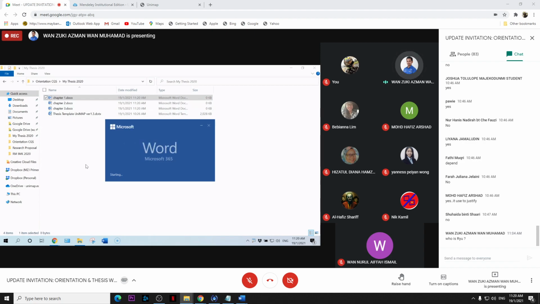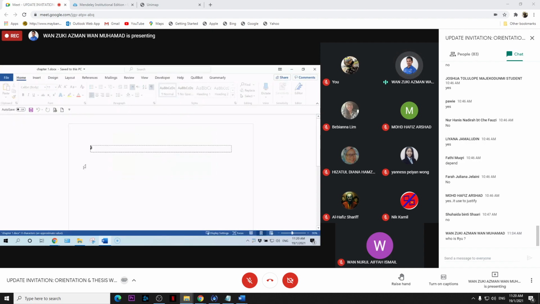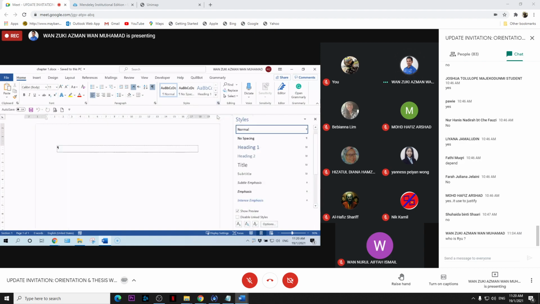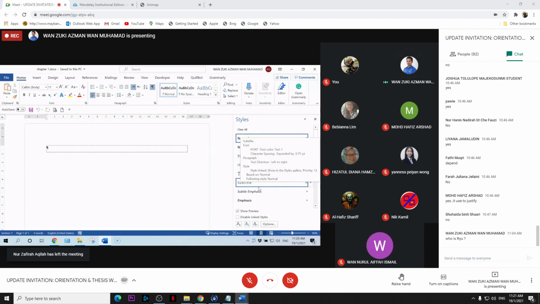The first step when you have any document is that you need to attach the template to the document. You open the style pane here. This style comes from the normal template. Now, we want to replace this style with the Unimat thesis template style.